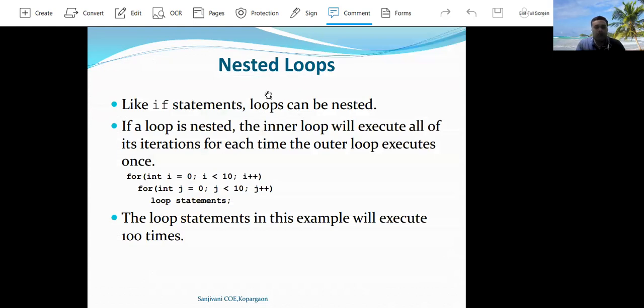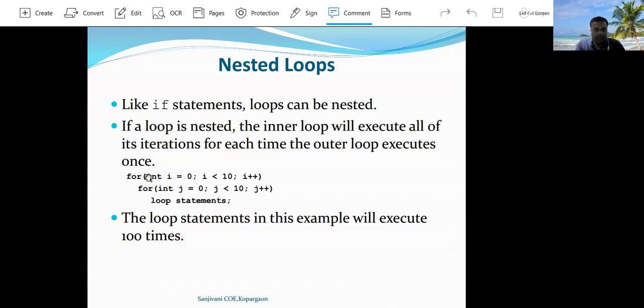Then nested loop statement. If a programmer wants to write a loop within a loop or for within for, okay, writing a loop within a loop is called a nested loop statement. And the programmer can write the nested for loop also by writing for within for.